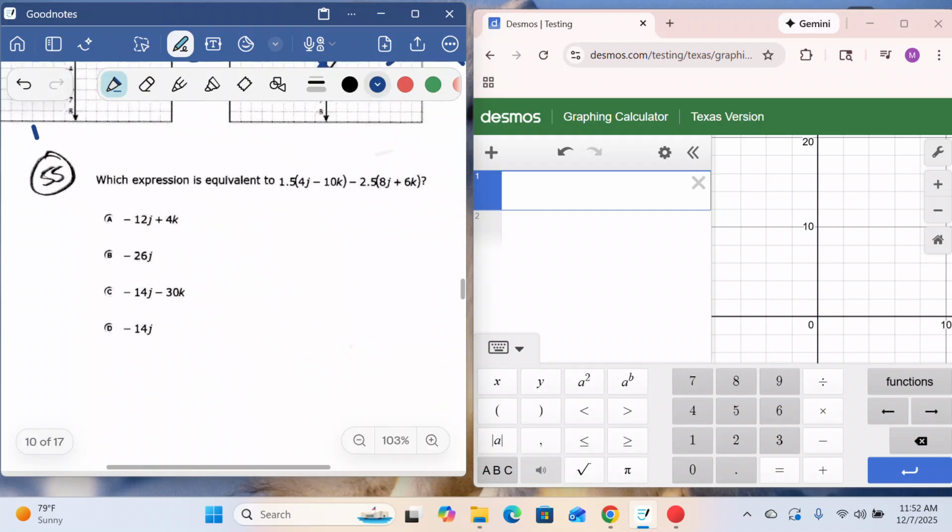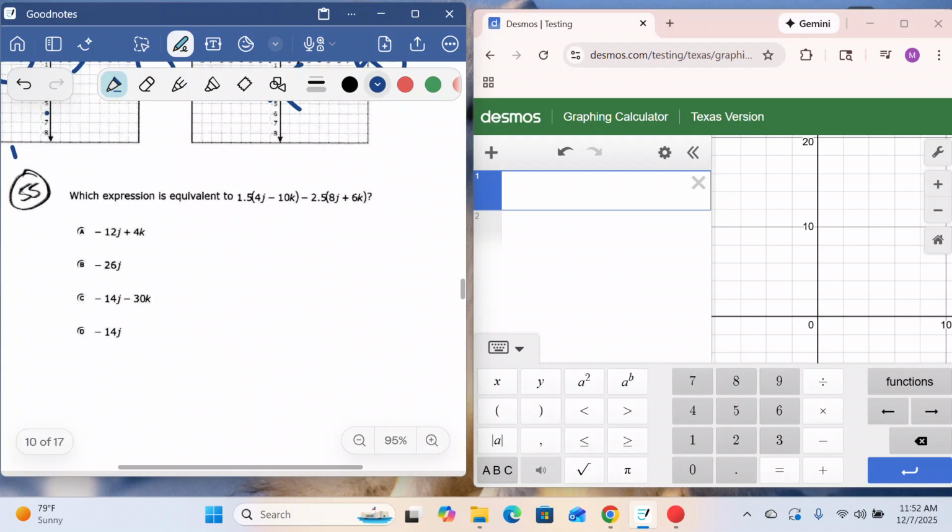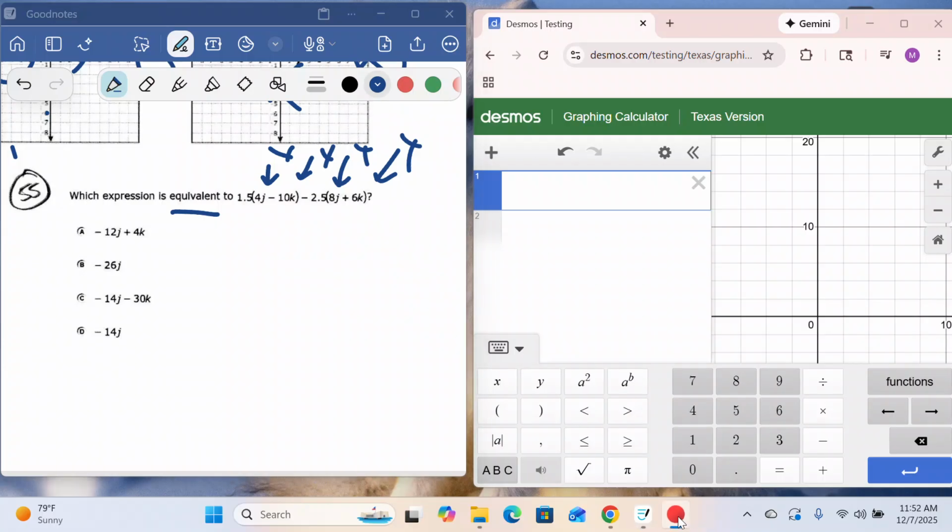So if you look at this one, which expression is equivalent? And we're looking for equivalent. I could do distributive property, but remember that I learned that I can also replace everything with x's and let Desmos do the work for us. And then you match your graph. So the way I would do this one, and let me just make sure it's recording. Okay, perfect. I would input everything into Desmos, let Desmos do the work, and check it using our distributive property